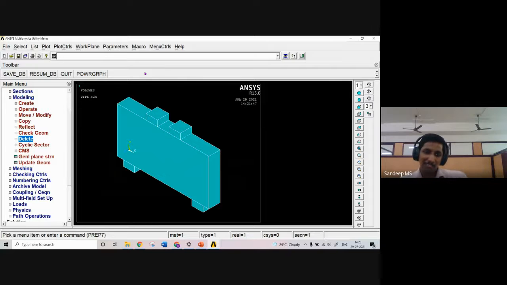In APDL, it will not allow us to conduct the analysis. It will show us an error message. So that is one of the advantages of APDL. If there is any sort of mistake, it will not allow us to conduct the analysis. We have to ensure that everything is correct. So that much control is there in the case of APDL. That is the main advantage of using APDL.